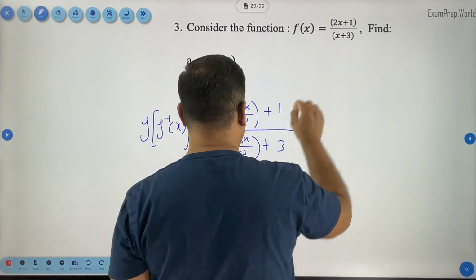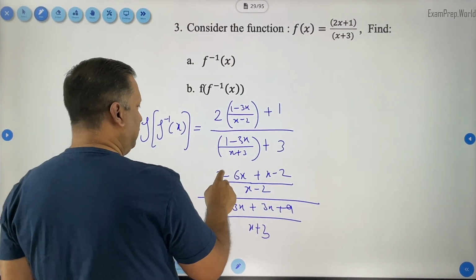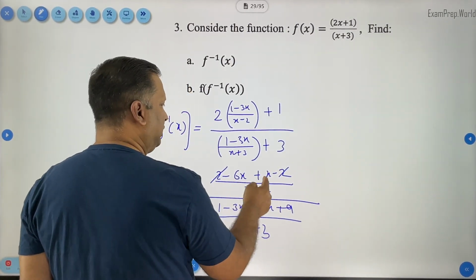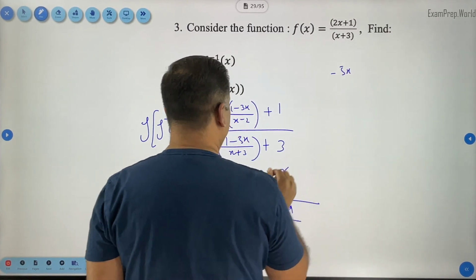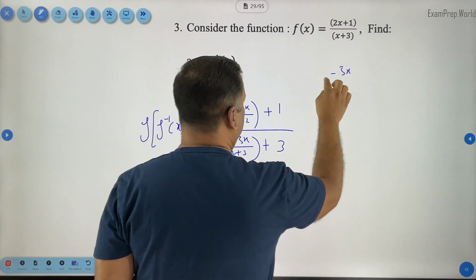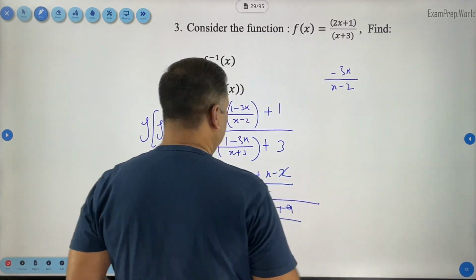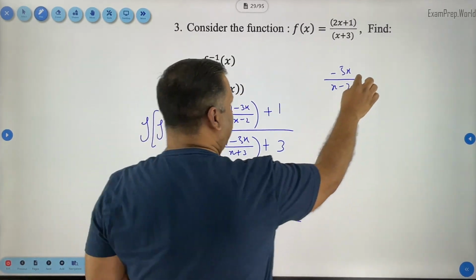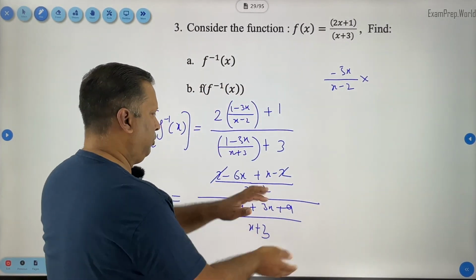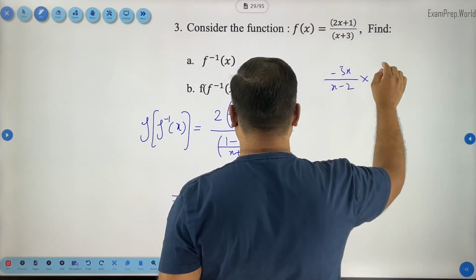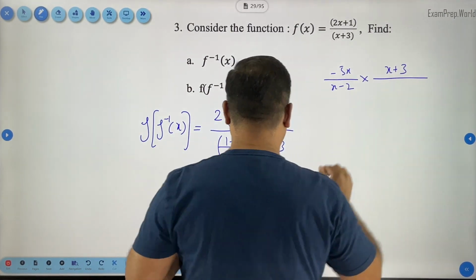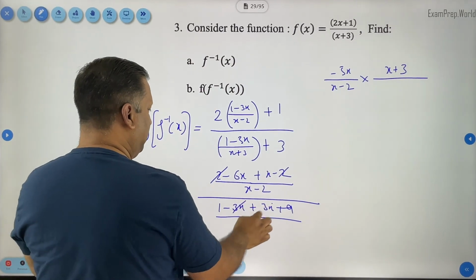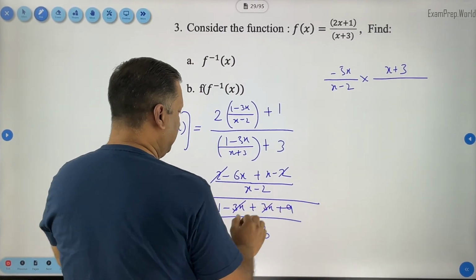So this one will become, let's also simplify, plus 2 minus 2 gone, negative 6x plus x is negative 5x, negative 5x by x minus 2, and it's a division, so I will multiply with the reciprocal of this, so this will be x plus 3 here, and here minus 3x gone, 9 plus 1 is how much? 10,